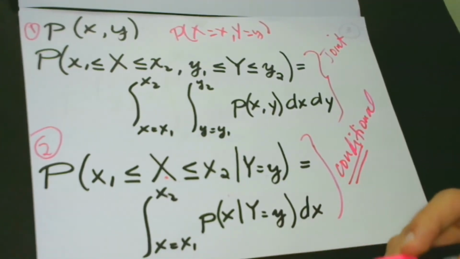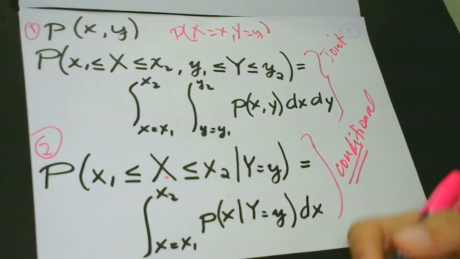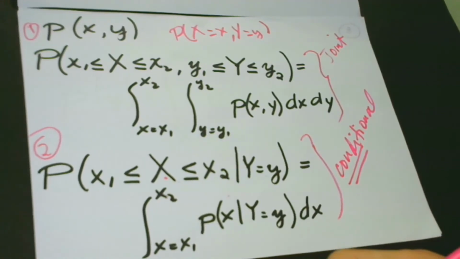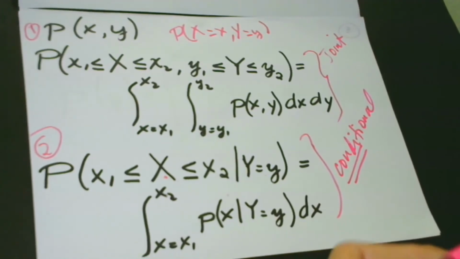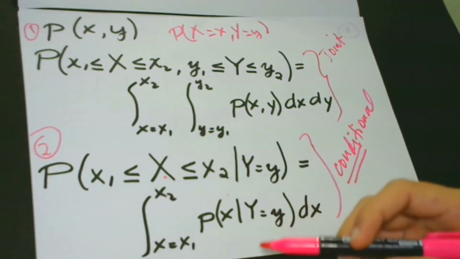If you still remember our lessons about conditional distribution, we learned that there is a condition that affects the probability of the second, the third, or the fourth events, depending on how many events you have in your problem. So in this case, we can describe the density function of x given that y